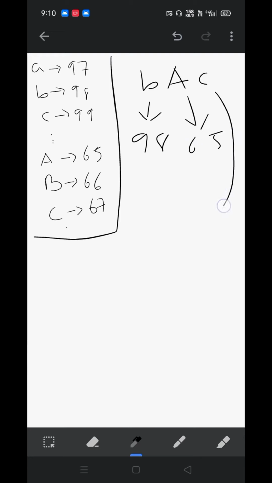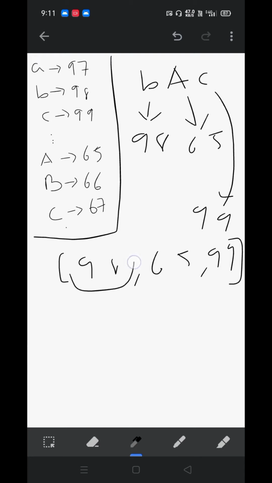ASCII code for small c is 99. So we will take all this in a list like this: 98, 65 and 99.